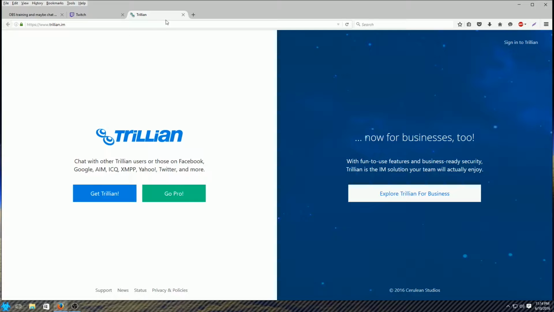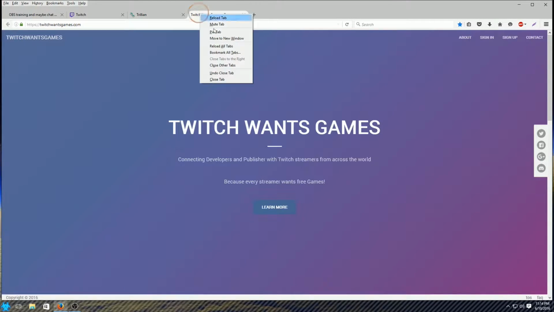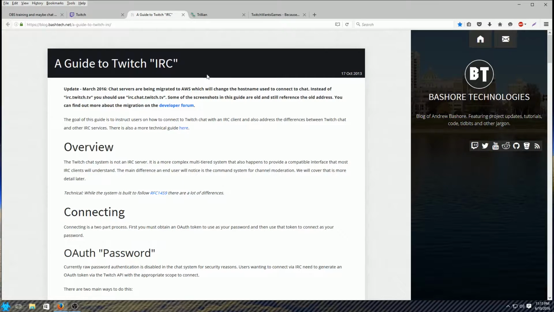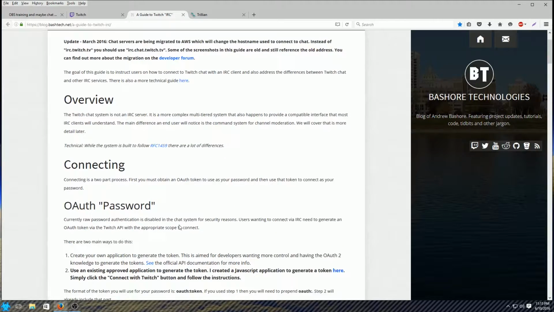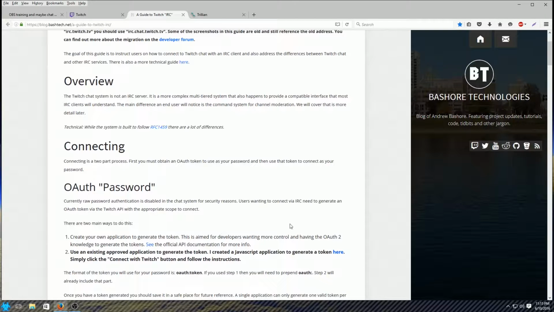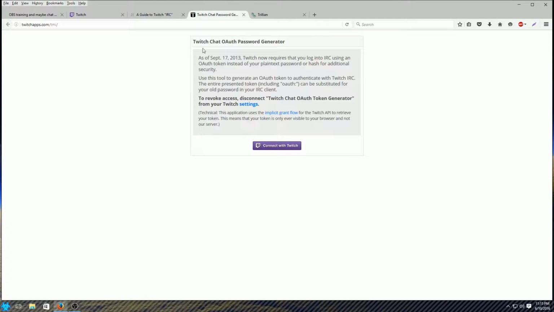There was a page that I actually closed a minute ago called IRC Guide to Twitch IRC, and it basically tells you what you need to know about getting passwords and so on and so forth. And the way you need to do that is, first of all, get Trillion, because it's the program that does this the easiest. The second thing you do after you get Trillion is you go to